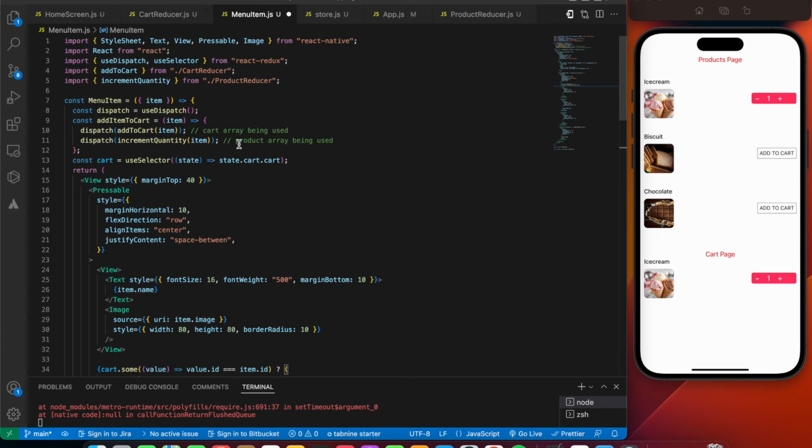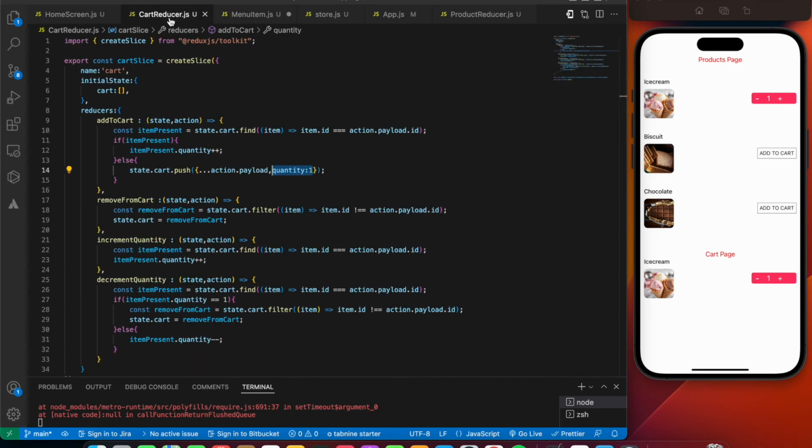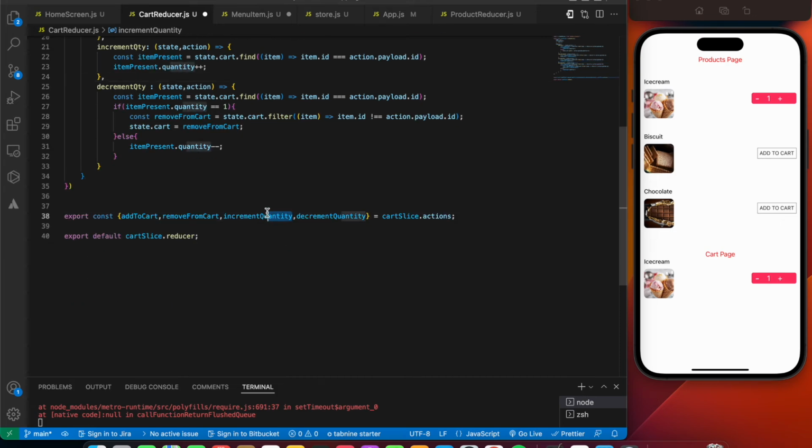Okay, is it already imported? It's already imported from the product user. So now we need to import it from our cart user. Okay, so increment, I think we have given the same name. I think that's what can cause the problem. So let's give this QTY and this also QTY. So this is for the cart user, just to remember that value. So let's keep it QTY and QTY over here as well. Save the file.